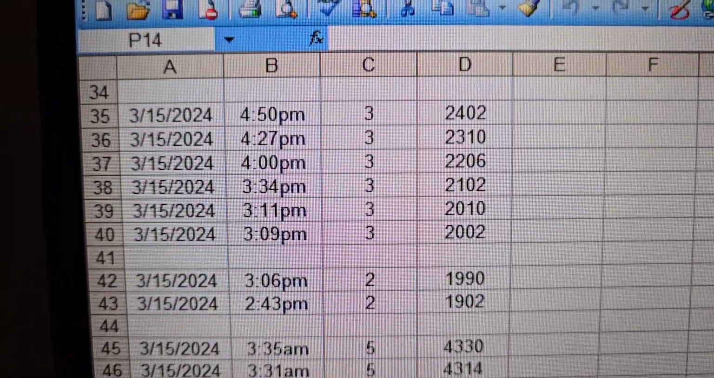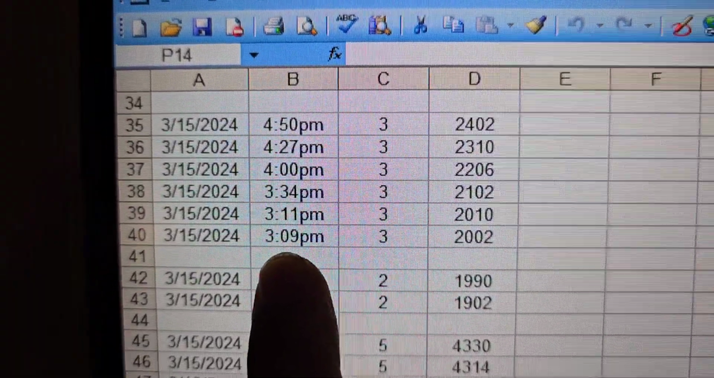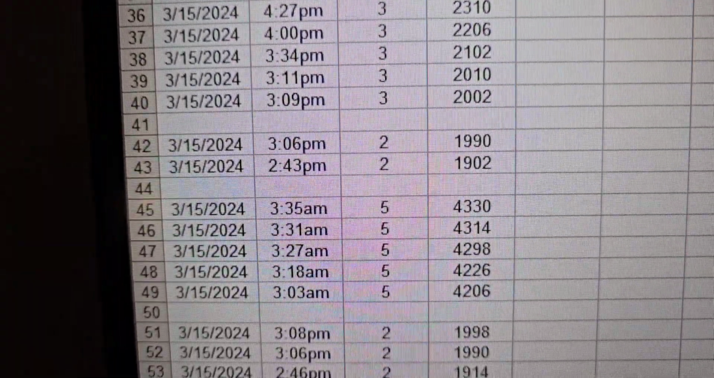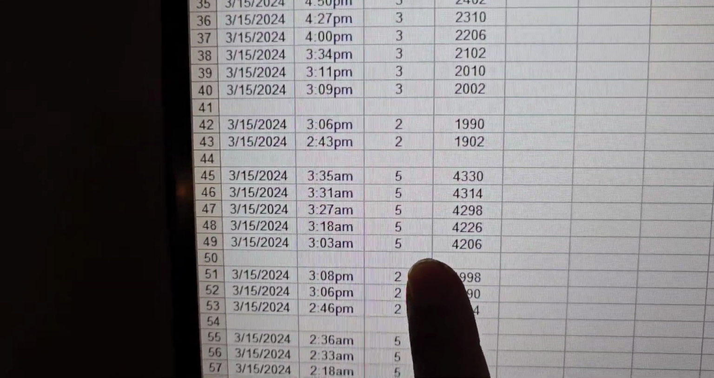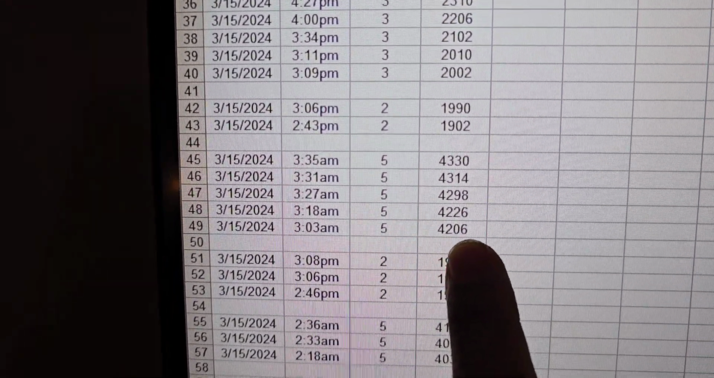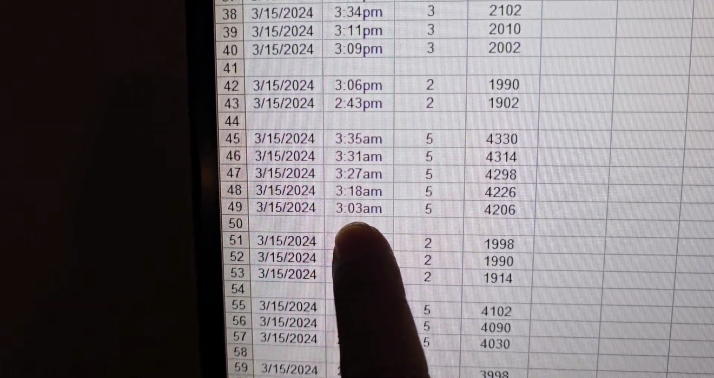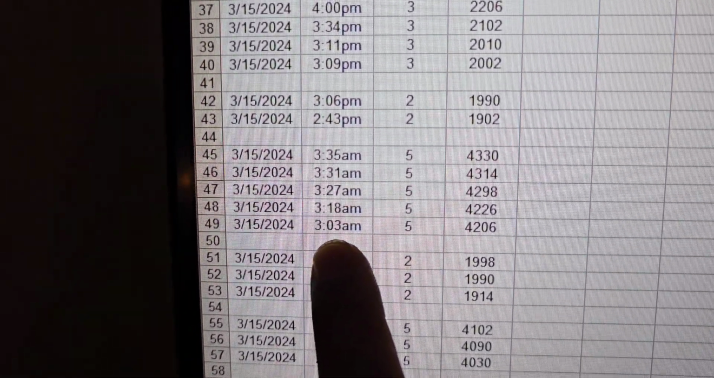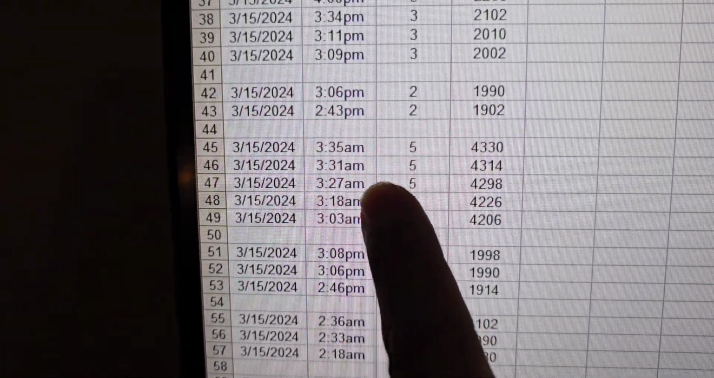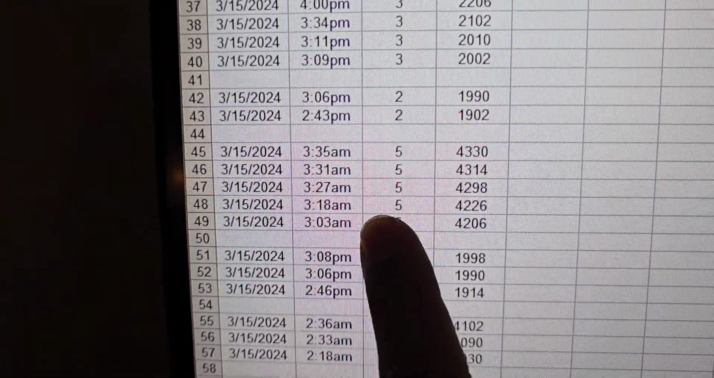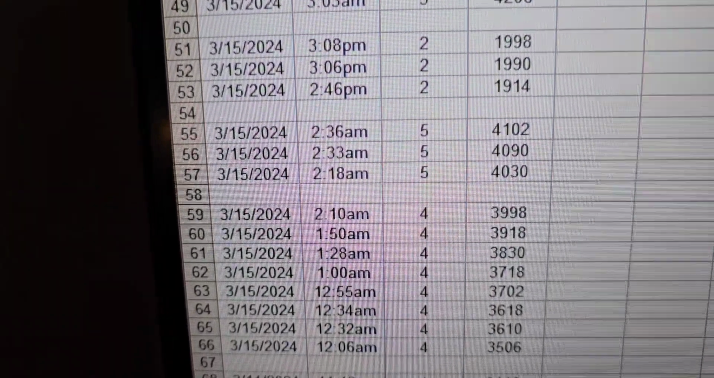Group number 3. Those are the file numbers and the timestamps for March 15th, the day before. All right, then we have some more group 2s here. These are group 2 video clips. Here we move on to group 5 video clips. So this is file number 4206, and that happened at 3:03 a.m. So this is about 12 hours before I removed the SD card. And this is about a 30-minute section here. Then we have some more group 2s, some more group 5s,